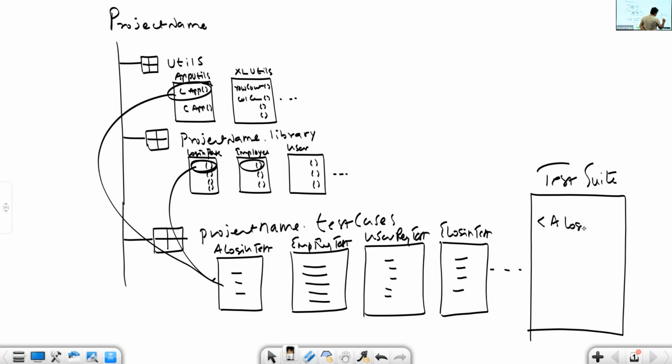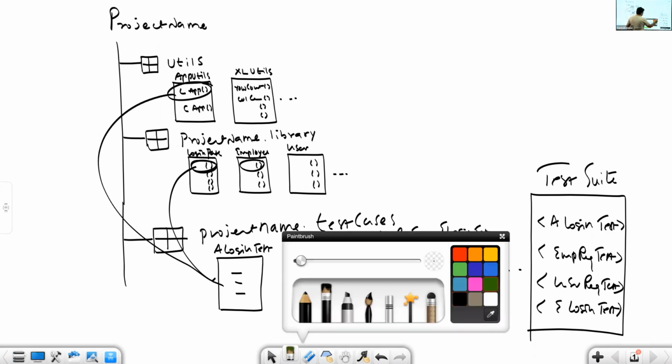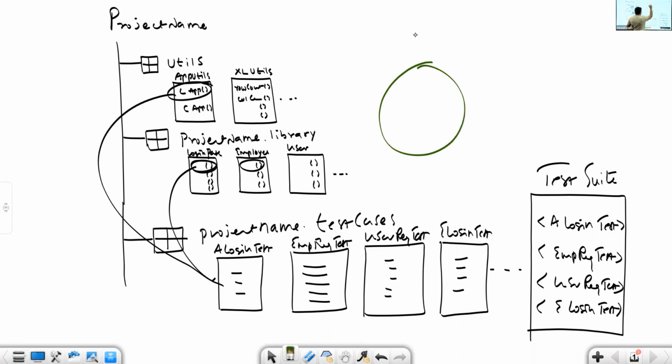Call from the suite that admin login test case, that employee registration test case, that user registration test case, and that employee login test case. I group all test cases in a file, the test suite, so that hereafter, whenever a modified build is given, say today I have received the modified version,